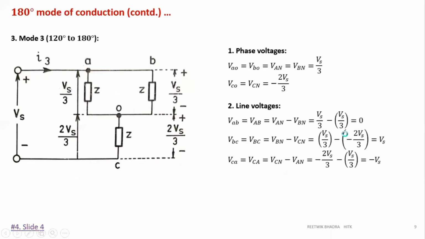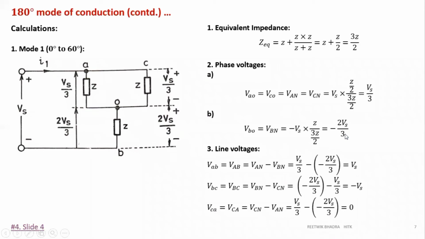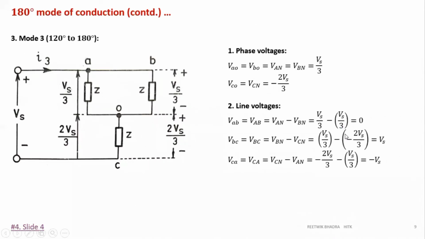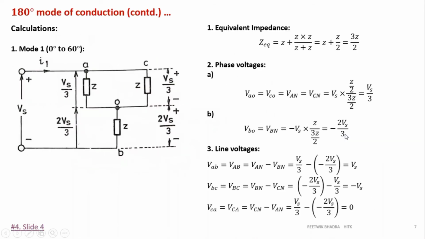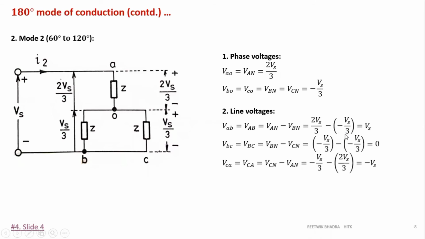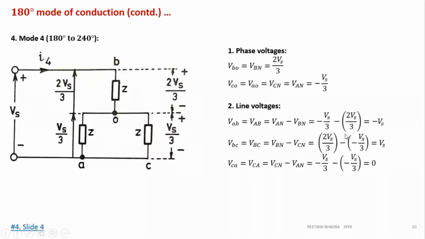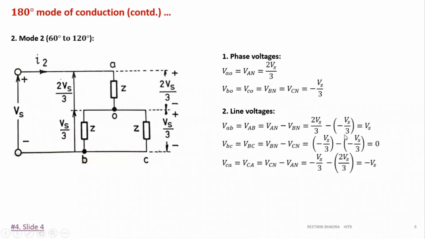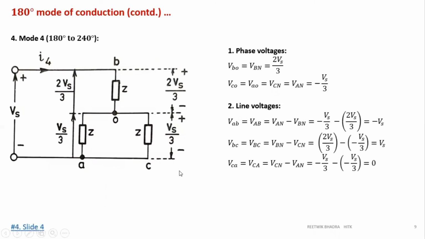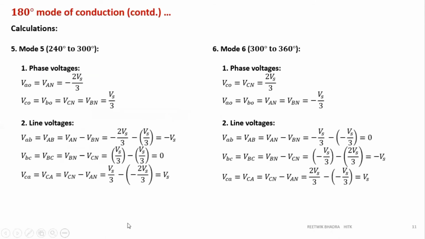There is another shortcut of drawing also. If you see, your mode 1 and mode 3 are the same. Positive is connected to 2 impedances, negative is connected to 1 impedance. If you see your mode 2 and mode 4, positive is connected to 1 impedance, negative is connected to 2 impedances. Mode 2 and mode 4 are the same, except the phases change, A, B and C. So please check the phases from the main diagram itself. Otherwise, you can draw all the diagrams directly by forming a relation. You can draw 5 and 6 also and find out a relation with the odd numbers and even numbers.